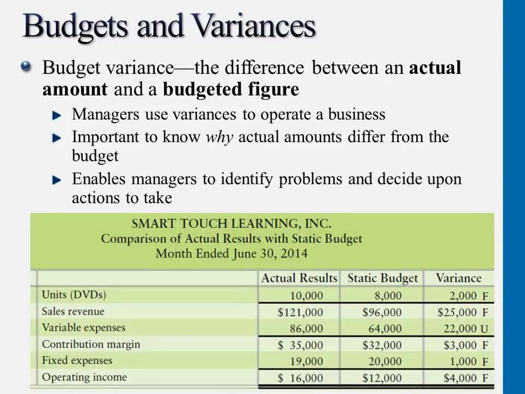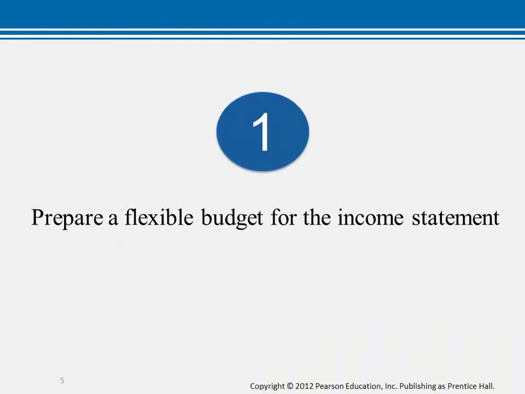For example, if we expect that each and every unit incurs $8 variable expenses, and at the end we realize that we only spend $7 variable expenses, that difference of $1 is not because of the 2,000 unit difference. So in this chapter we really want to break down the variances into different portions and understand whether it is only because of this 2,000 increase in sales units, or whether there are additional differences in variable expenses that you spend on selling each and every unit. Okay, so the purpose of introducing flexible budget here is to understand in more detail